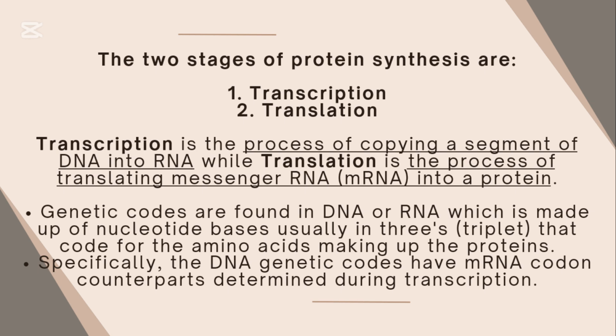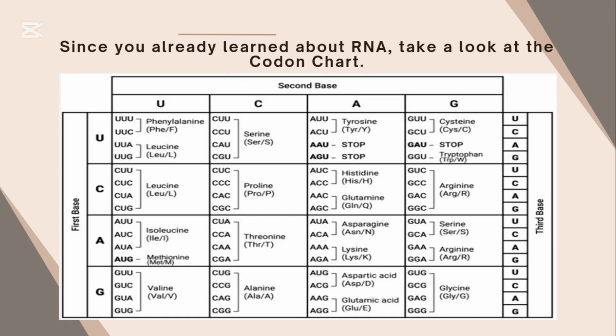Genetic codes are found in DNA or RNA, which is made of nucleotide bases, usually in triplets, that code for the amino acids making the proteins. Specifically, the DNA genetic codes have mRNA codon counterparts determined during transcription. Since you already learned about RNA codon,